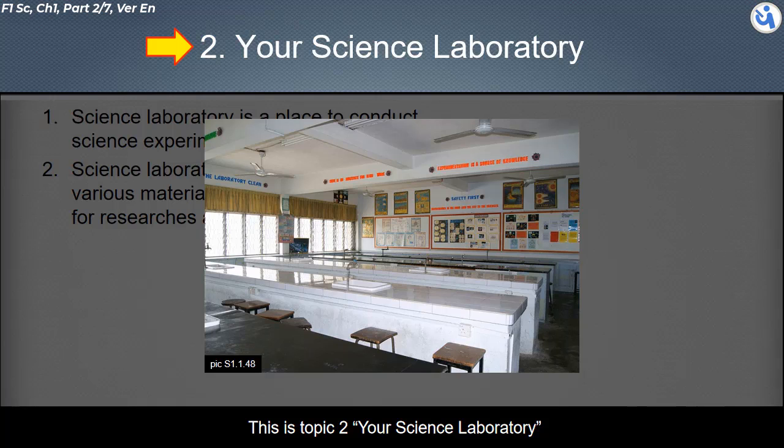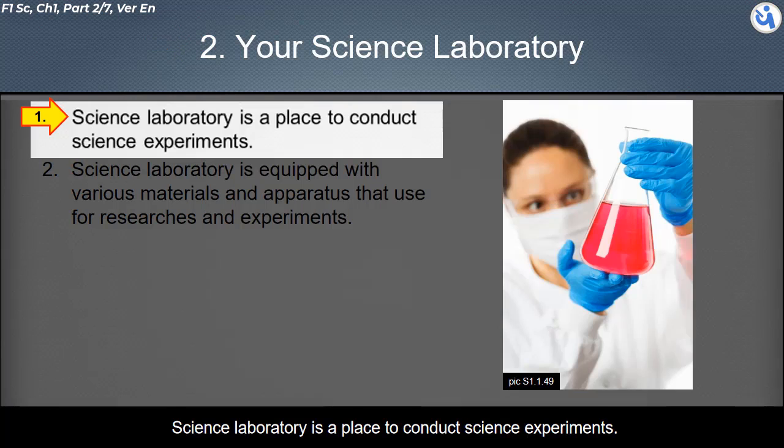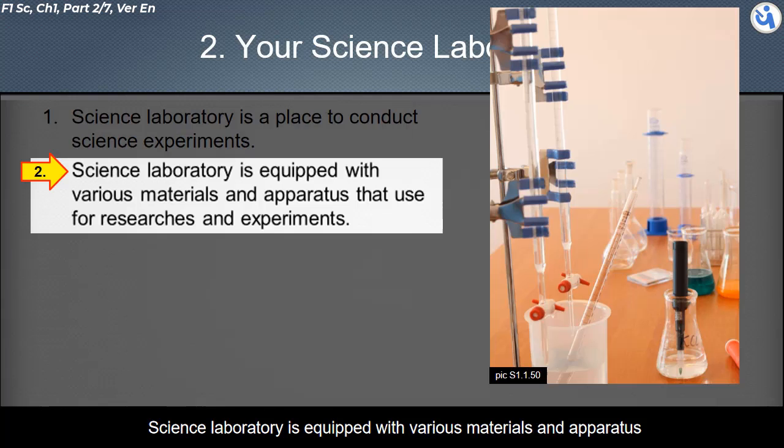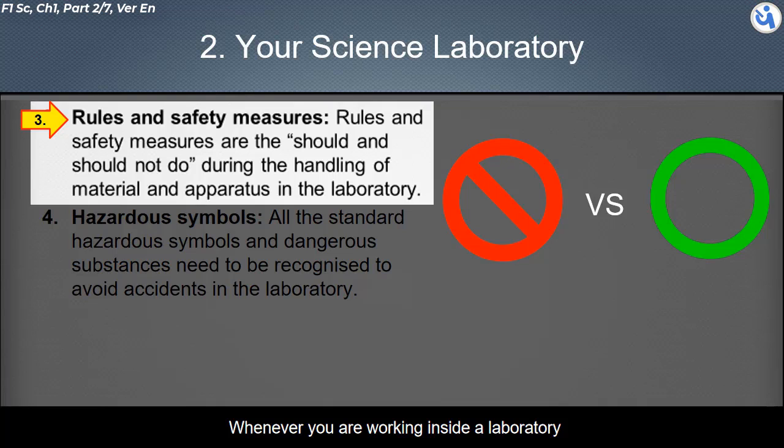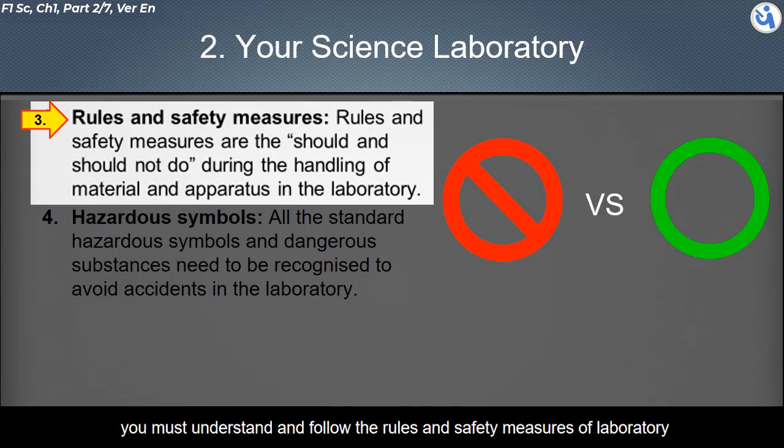This is Topic 2, your science laboratory. A science laboratory is a place to conduct science experiments. It is equipped with various materials and apparatus that are used for research and experiments. Whenever you are working inside a laboratory, you must understand and follow the rules and safety measures of the laboratory. Rules and safety measures are the should and should not do during the handling of material and apparatus in the